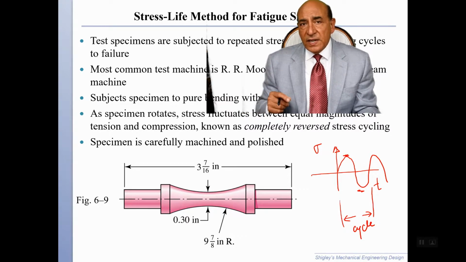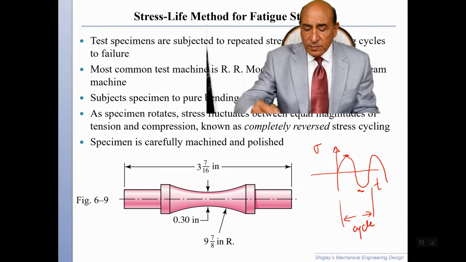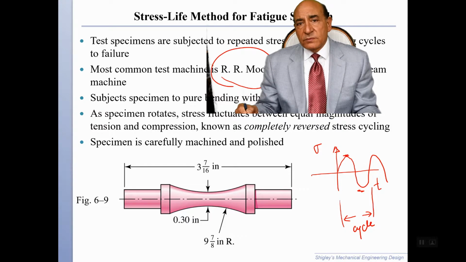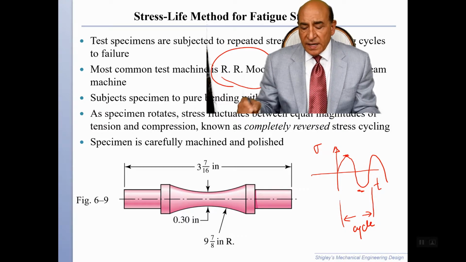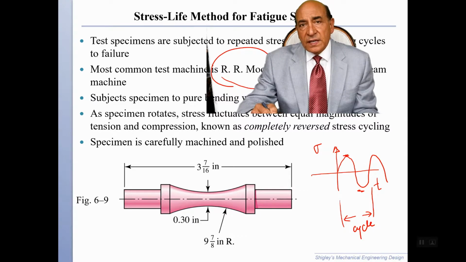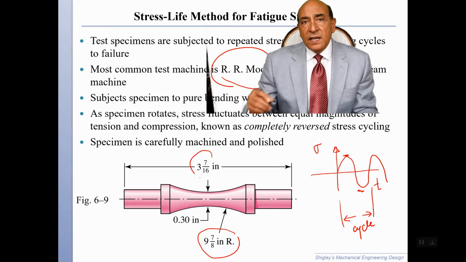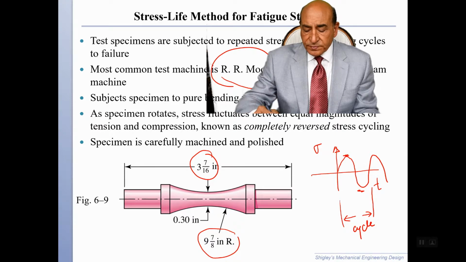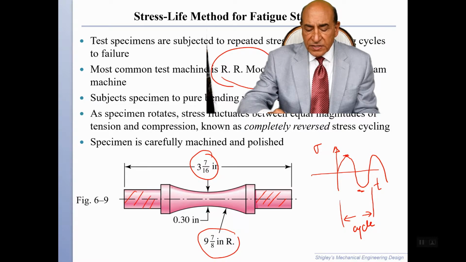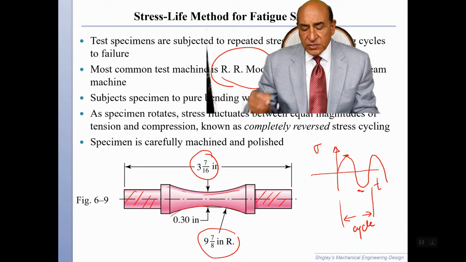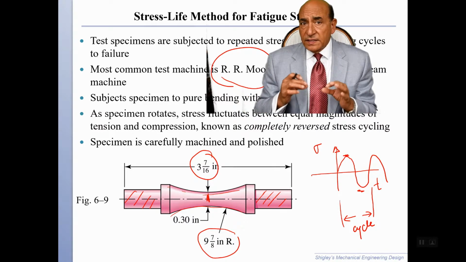To study fatigue failure, a simple device has been developed by this engineer, R.R. Moore, and in this design he developed a standard sample, and the standard sample has a length of 3 7/16 of an inch, and it's round, as you can see here. It has two shoulders, and then the middle section is ground to a radius of curvature of 9 7/8 of an inch, and in the middle section the diameter is 0.3 inches. Now this standard R.R. Moore sample is